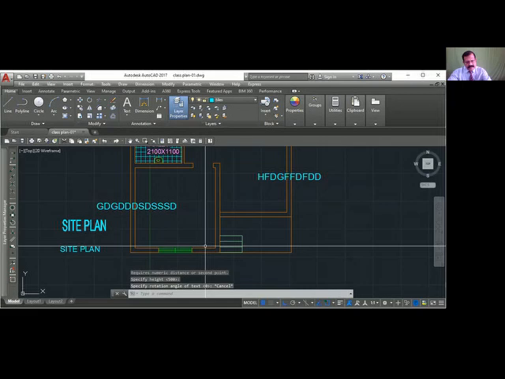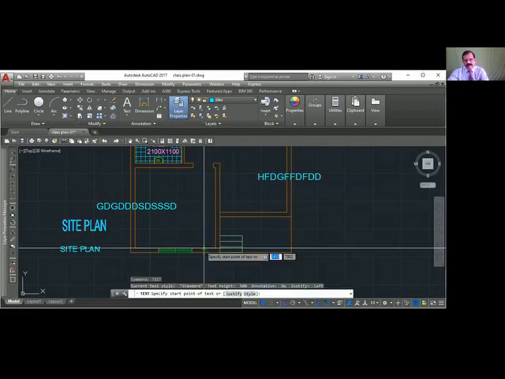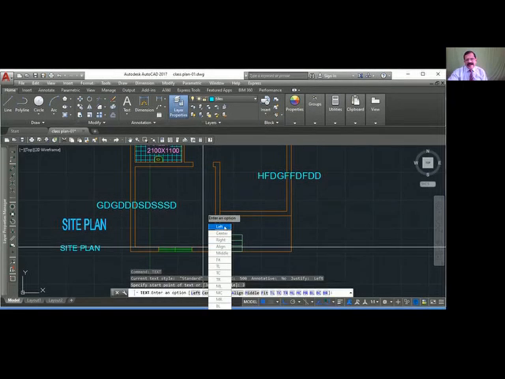Okay, so text justify. Left is the standard one. Instead of center, it is better to use middle so that it can adjust horizontally as well as vertically. Then sometimes you may use right because there may not be space on the left side. Then align: alignment fits between 2 points, and both the height and width are adjusted. Fit means it fits between 2 points with a constant height. Then top left, that's not required. Forget about that.